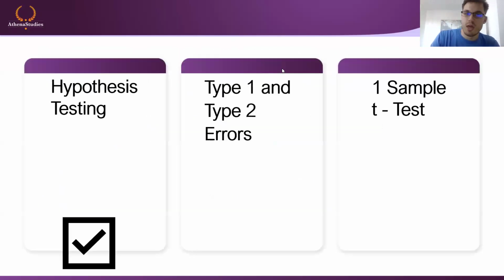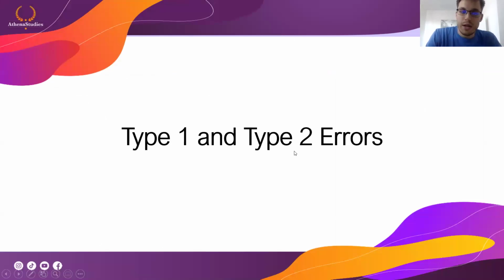Okay, so that was hypothesis testing. Hope everyone liked it. Now, let's quickly go over type 1 and type 2 errors, and then we will try and get done with one sample t-testing. We'll see how much we can get through. So type 1 and type 2 errors. If you've been listening to everything I've been saying, they should be a breeze and shouldn't provide any confusion, because they're simply a formalization of what we already discussed.